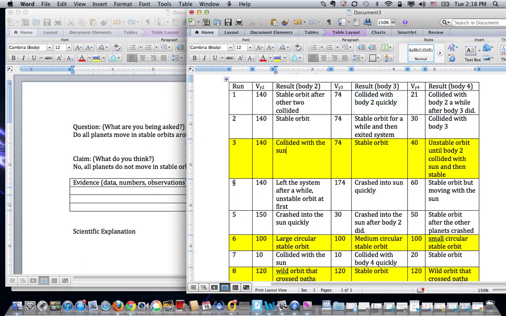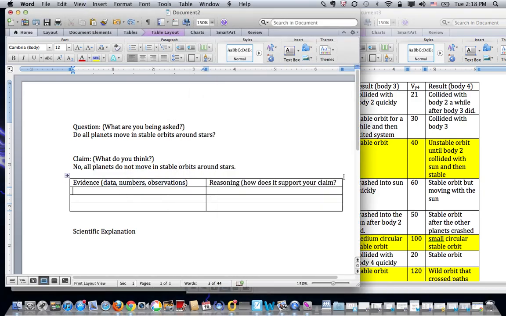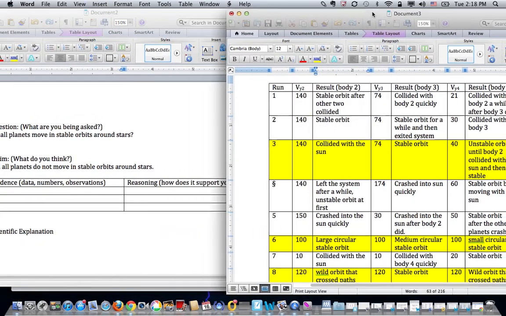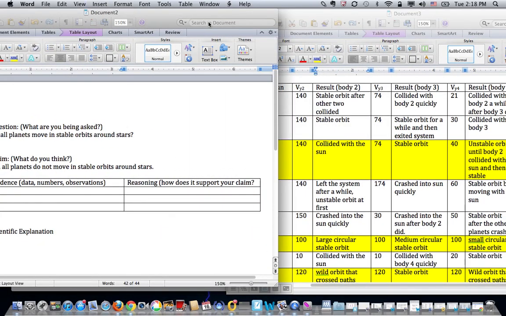If I had drawn the pictures in here, it would have helped me get an idea of what happened at the end. But I didn't put the pictures in here. I didn't do any sketching. So I'm going to list my evidence here right now, and I'm not going to talk about why I chose it. I'm just going to tell what happened in my observations. So if I look, let's see if I can move that over. So the first one is,